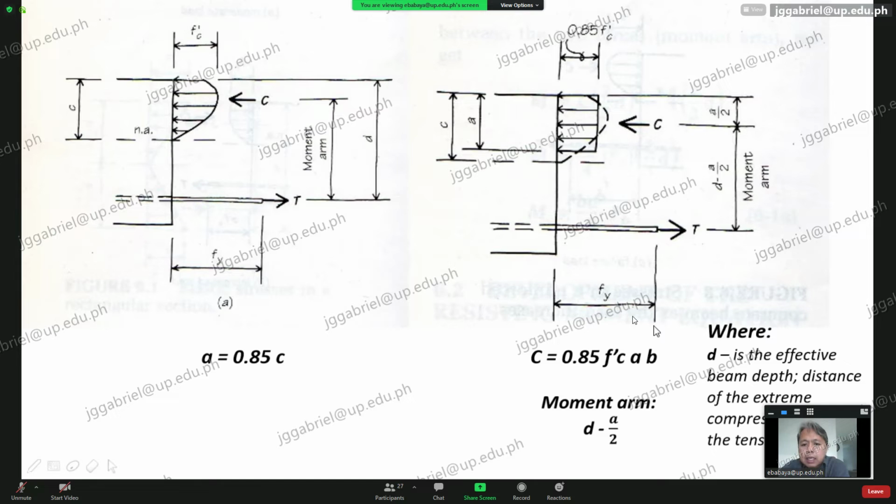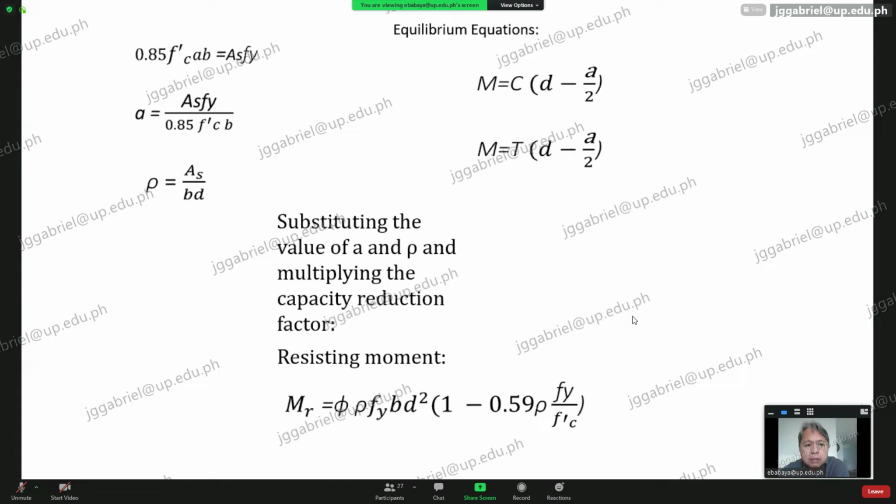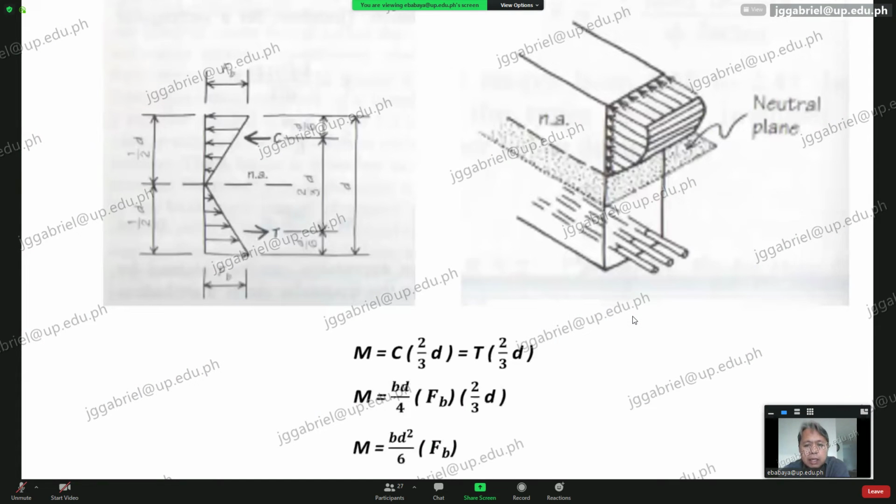times a times b. By the way, b here, what do you think it is? Anyone? Name b. b, that's the width of the beam, no? Let me look at the next slide. Okay. The b is actually this. Ito yung b, no? So that will not confuse you. Sorry. Ito yung b. The length of this side, it's your b, or the width.